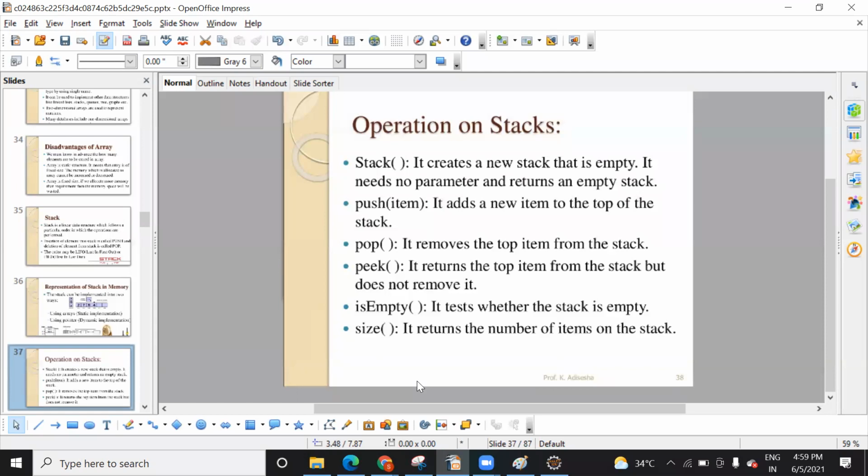These operations are also run internally by your compiler or your Java programs in order to manage the memory. Think about it: when you run a recursion program, the stack area of memory gets filled. Now how will they release the memory? All these operations are performed by your compiler, your software, Eclipse.